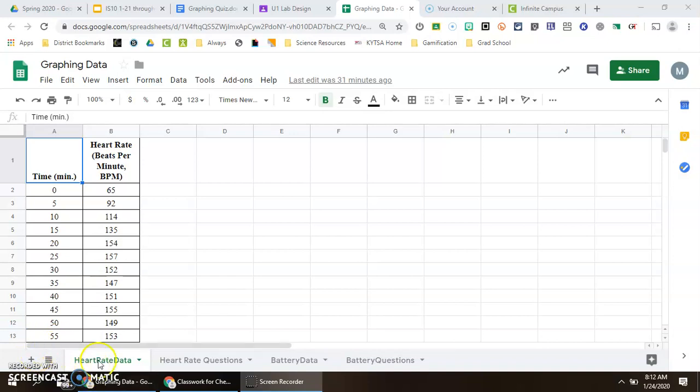All right, so notice down at the bottom that you've got 4 different tabs, okay? So in this assignment, we are going to be looking at 2 different experiments, okay? The first experiment is on the first tab, and what you're looking at is heart rate data,